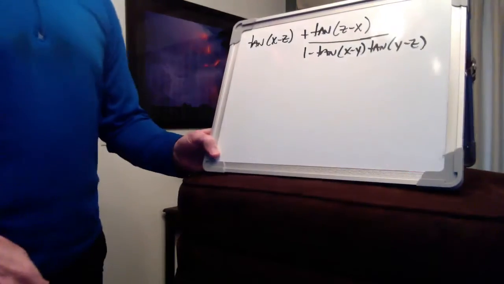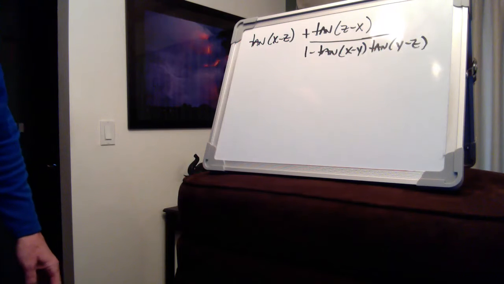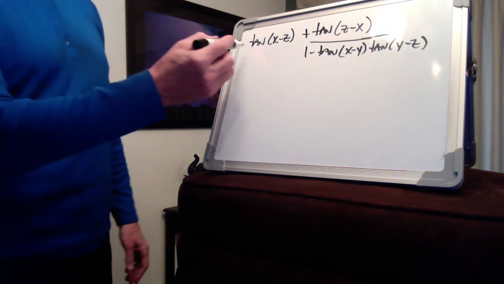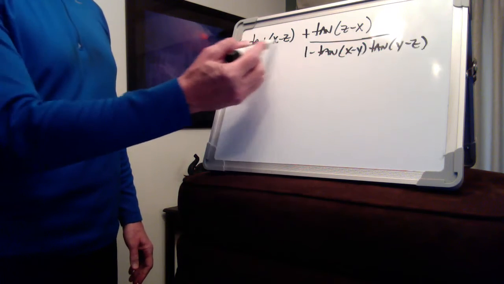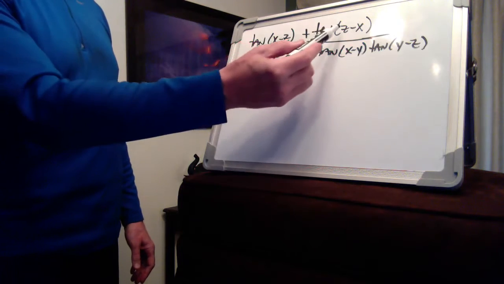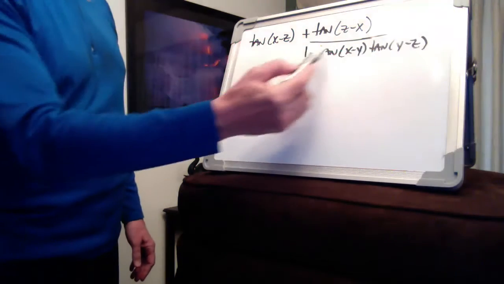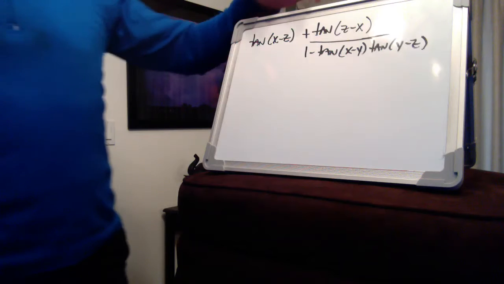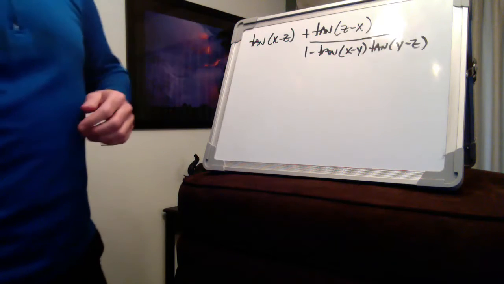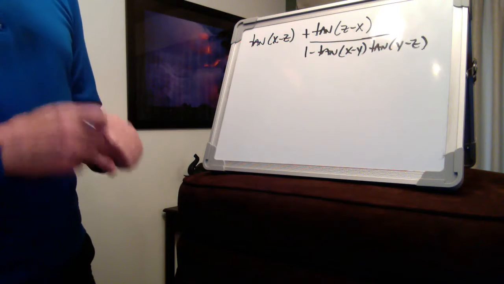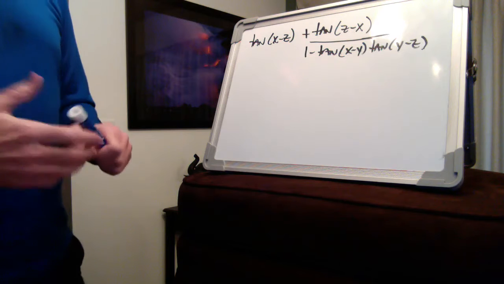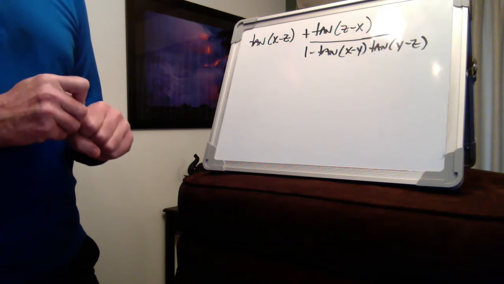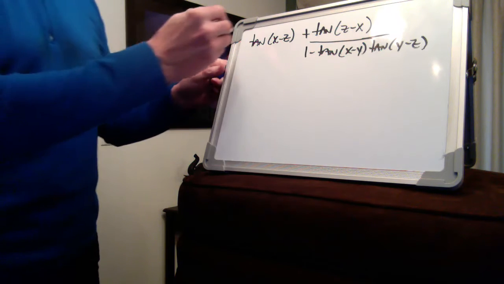Okay, so here we are. So we have exactly what I told you we had on the other side. We have that simplified first two terms here, and we have that third term with that common denominator. Now, I don't have room here to write this out, but what I want to do next, keeping in mind that I want to end up with a product on this left-hand side,